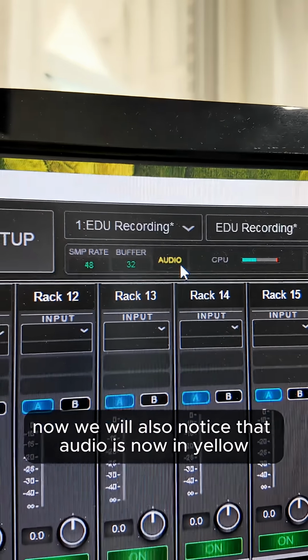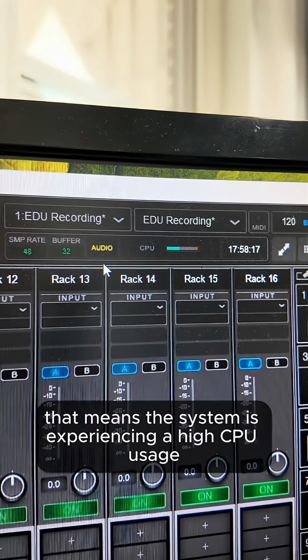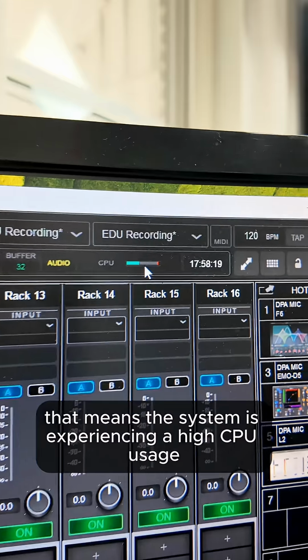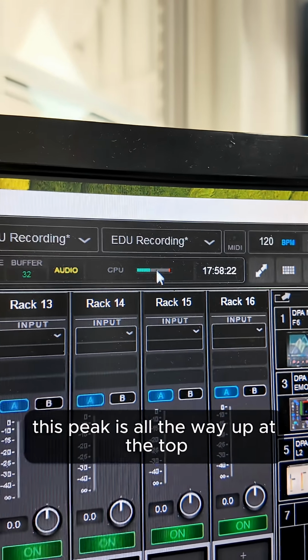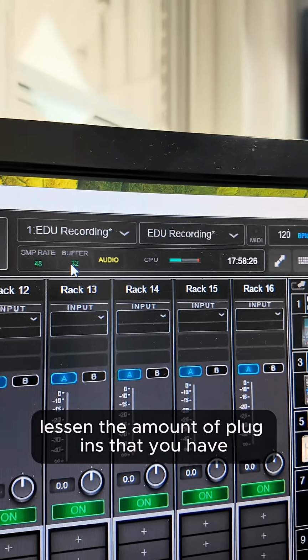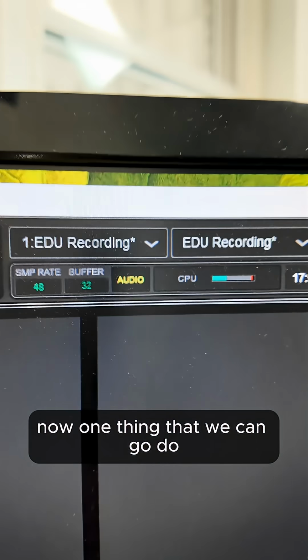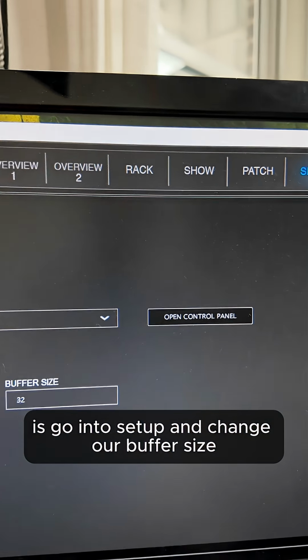Now we will also notice that audio is now in yellow. Now if this is set in yellow, that means the system is experiencing a high CPU usage, which we can see right here. This peak is all the way up at the top. So this would be a key indicator to either A, lessen the amount of plugins that you have, or B, increase your buffer settings. Now one thing that we can go do is go into setup and change our buffer